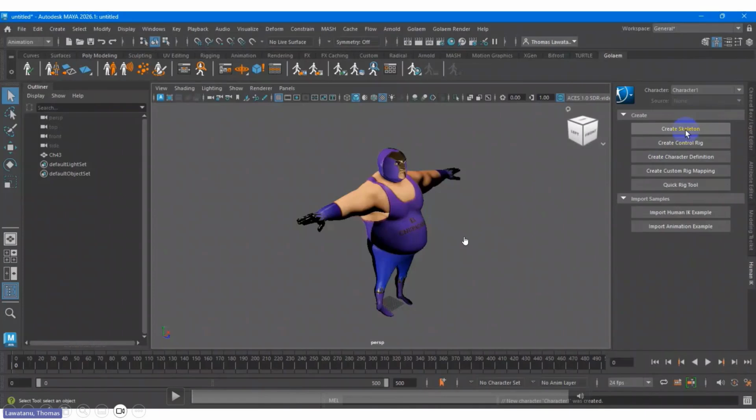This is easier for everybody when they play around with Human IK rigging, because you can go through it step by step. It gives you some idea of what to do first. The first step is create skeleton.